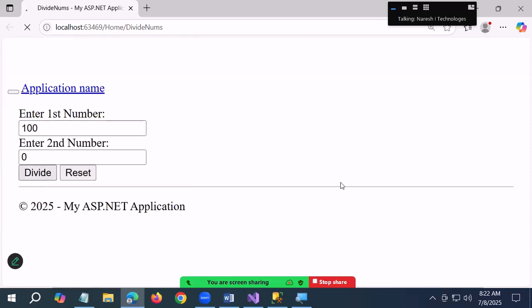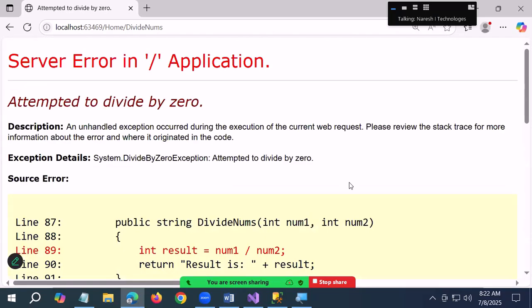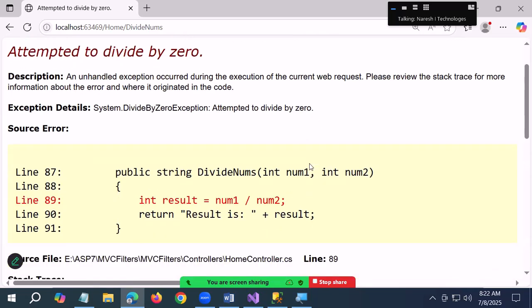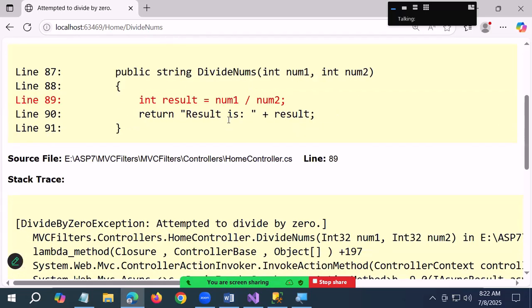Simply enter 0. Yeah. Now it did not go to the studio, see? So just run without debugging. Okay. Exception occurred. Attempted to divide by 0. Got an error. This is a simple exception what we caused here, but tomorrow,